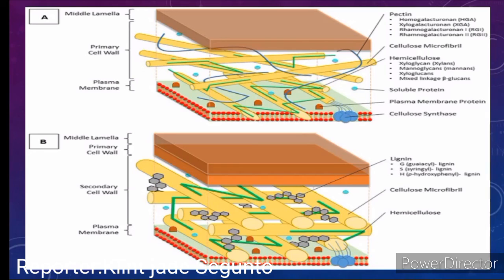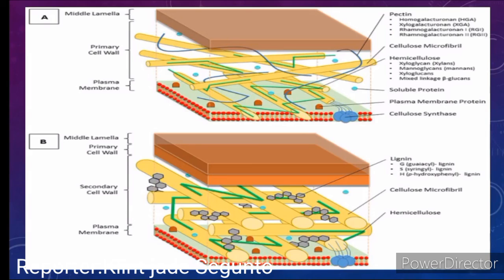First is middle lamella, primary cell wall, plasma membrane, pectin, homogalacturonan or HG, xylogalacturonan XGA, rhamnogalacturonan RG I, rhamnogalacturonan 2 or RG II, cellulose microfibril,